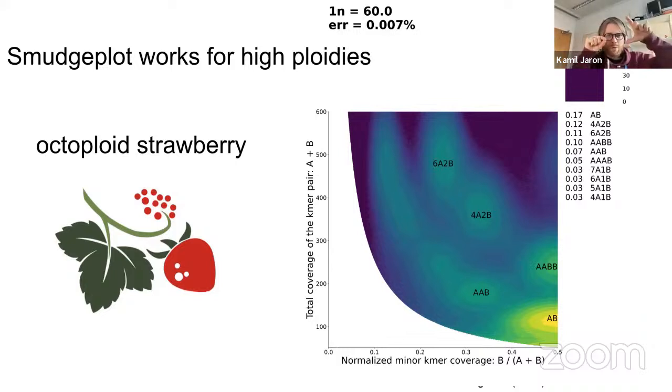If you have two peaks, one is tiny and the other one is big, the big one will have bigger variance and will be basically overflowing over that other peak. And if you do a fair cut assuming the same, you will cut at the midpoint, right? But all those things that overflow will be in the wrong bucket. So in this strawberry, you have this very big 6A2B smudge, and I guarantee you, it's all from the same ploidy. All the variation comes just from the sequencing coverage variation.